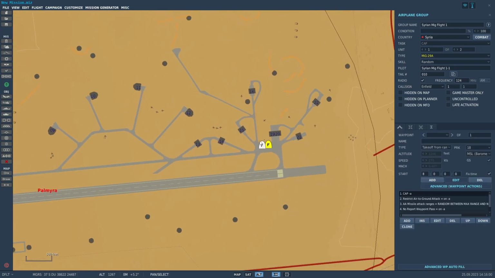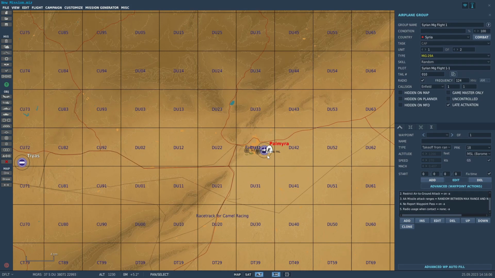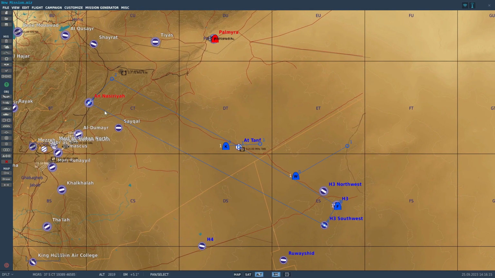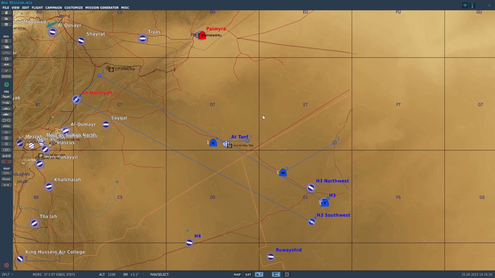And you know what, we'll do this. So we'll set these to late activation so they won't be there immediately. If you don't do that, then they'll just immediately, as soon as the mission starts, be starting up and taking off. I'm gonna set it so that once we cross over the border into Syria, then they'll scramble,